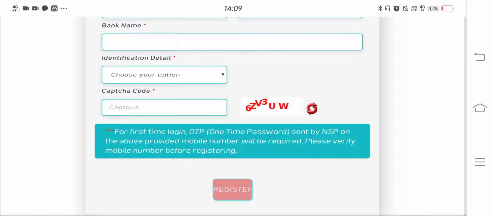The moment you click on to register, an OTP will be sent to your mobile number. So enter the OTP, and immediately once you enter the OTP, an application ID will be displayed, and immediately application ID and password will be sent to your mobile number and email ID. You have an option called continue. You can click on to that to apply for the scholarship. Or else you can stop it there. Then once again you can log in and apply for the scholarship.